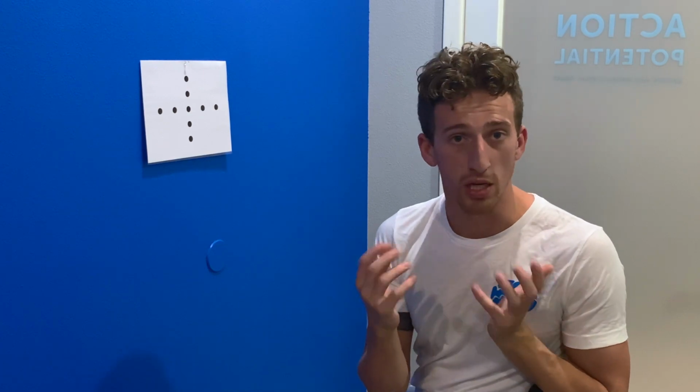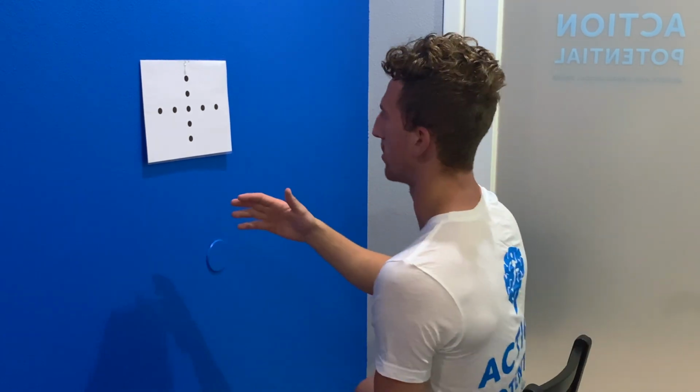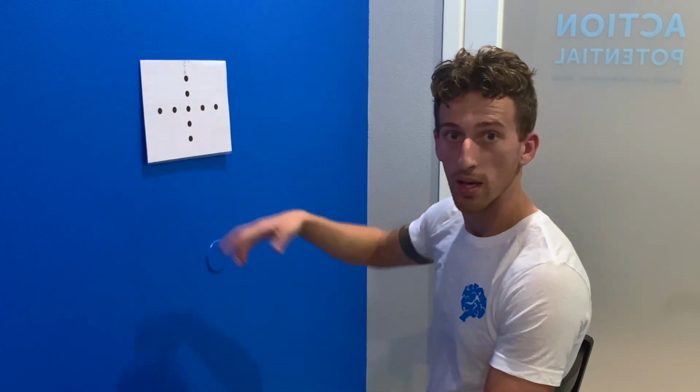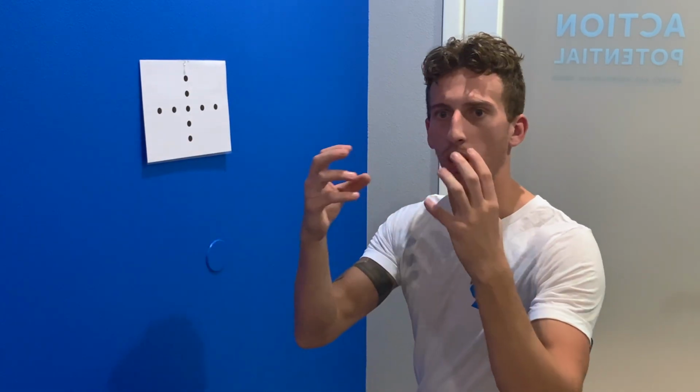But now we're going to start to progress it, right? Because realistically, in your day, it's not all the time, most of the time but not all the time, that we are locking our eyes on a target directly at eye level in front of us. Most of the time, we're looking at something a little bit out of plane, whether it's a little high, a little low, a little right, a little left, whatever, right? So we're going to use the cross now as our working method